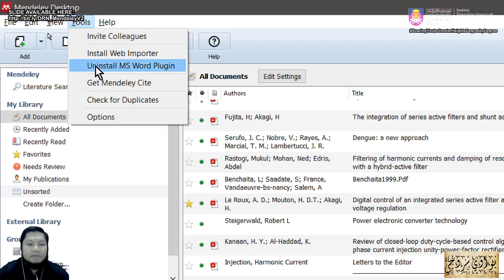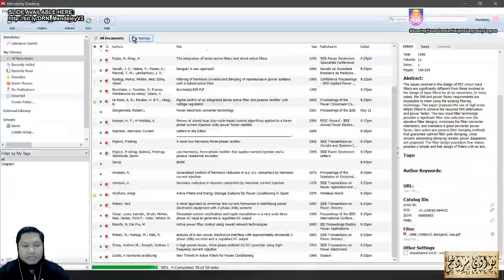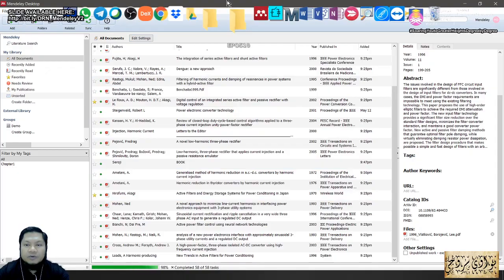Because I already installed my Microsoft Word plugin, it appears as uninstall. But if you're using it for the first time, it will display as Install Microsoft Word plugin. So just click that button, and after you complete the installation of the plugin, when you open up your Microsoft Word,